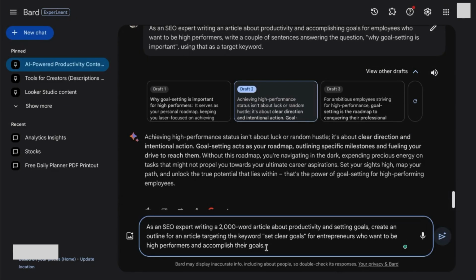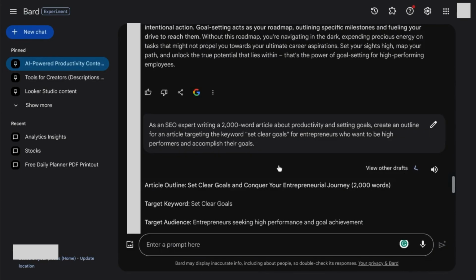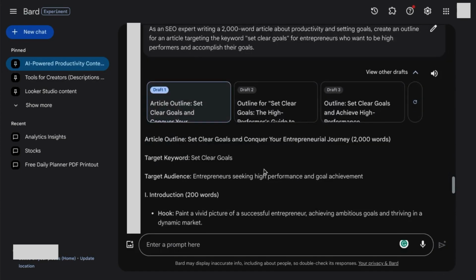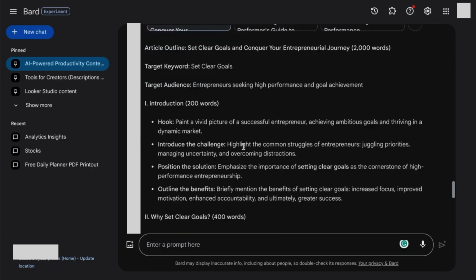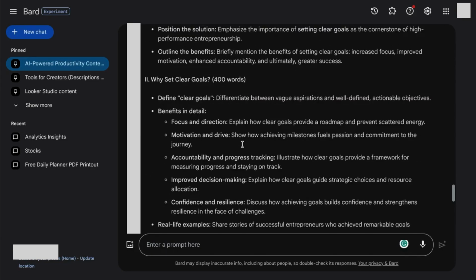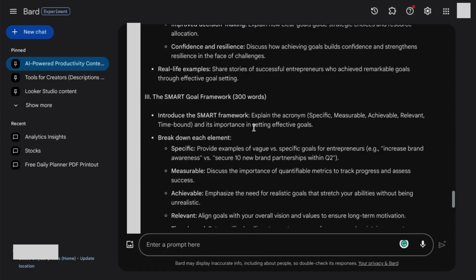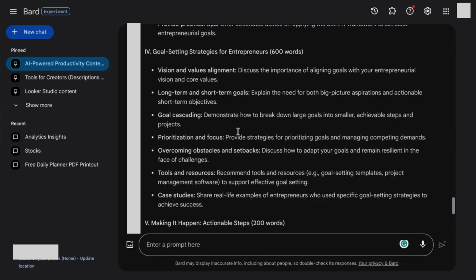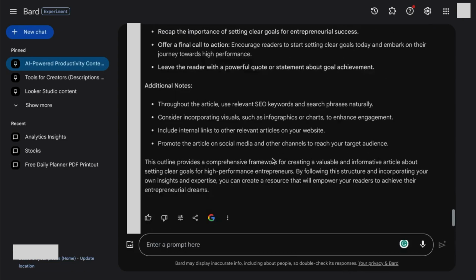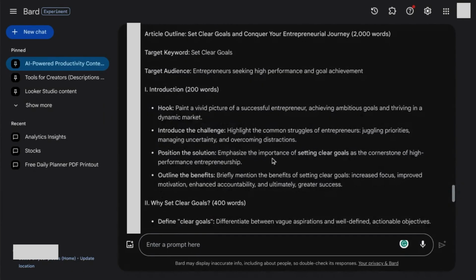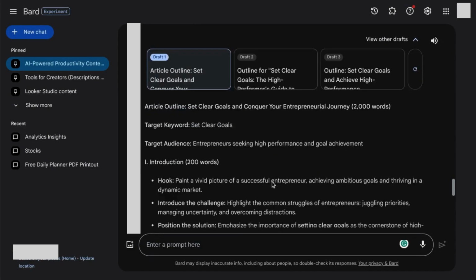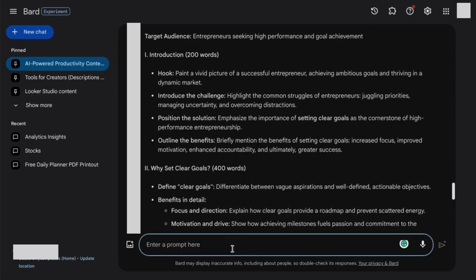You can even ask it to define your target audience and then include that audience in the prompts to create your content. You can review the drafts that it outputs, and it looks like the outline that it provides is pretty detailed. It gives you the sections, the number of words for each section, along with the key points. So go through the outline, and whichever one meets your needs, pick that one and then prompt Bard to write